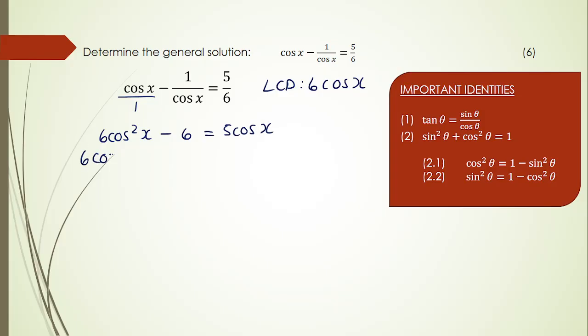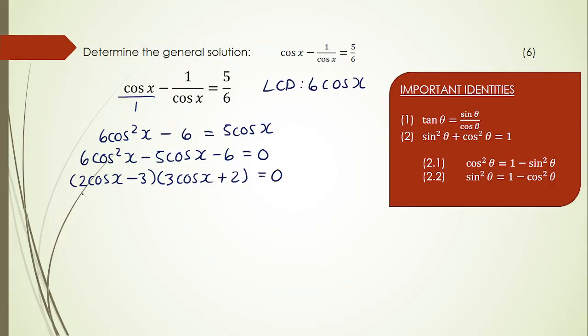Nice quadratic equation. And once I put it in standard form, let's see what happens. Can't divide anything. It's a minus 6. Great. So it becomes 2 cos x minus 3 and 3 cos x plus 2. Great. So we've got cos x is equal to 3 over 2, or cos x is equal to negative 2